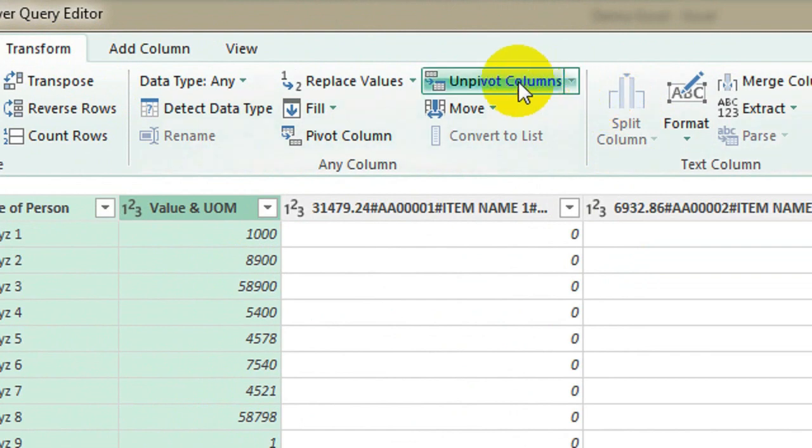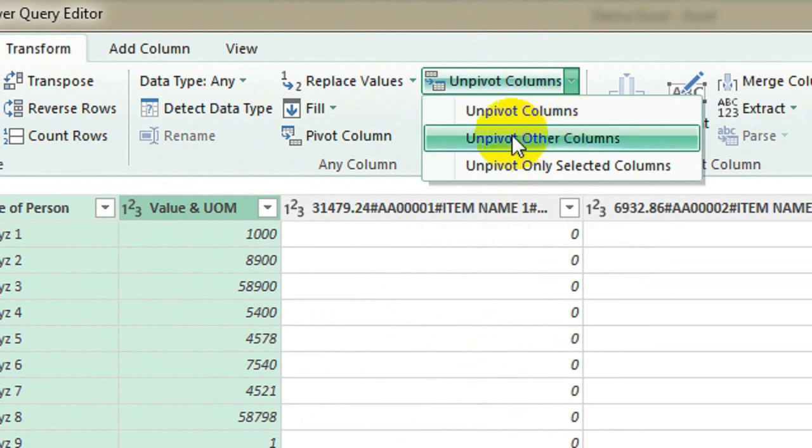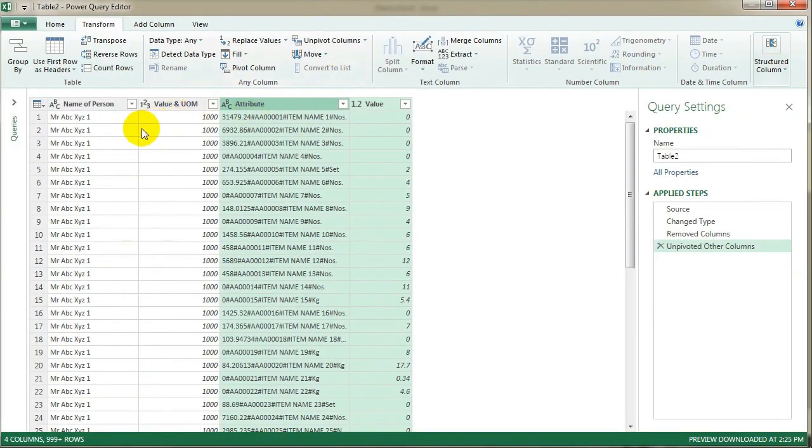Here you can find one option, Unpivot Columns. Click the drop-down and choose Unpivot Other Columns, because the rest of the columns I need to transpose. Click this, and we find the transpose is already done, and here the 4 values are merged into one.